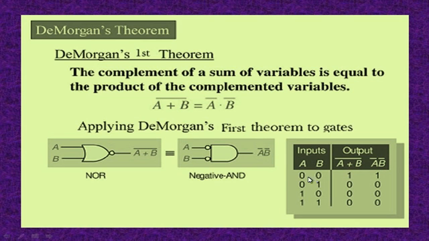As there are two variables, there are four possible combinations of inputs and their respective outputs. This is LHS and this is RHS. As LHS gives the NOR gate, when both the inputs are low, the output will be high, otherwise the output will be 0. We can prove this De Morgan's first theorem by taking each case separately. Let's see the proof of De Morgan's first theorem.